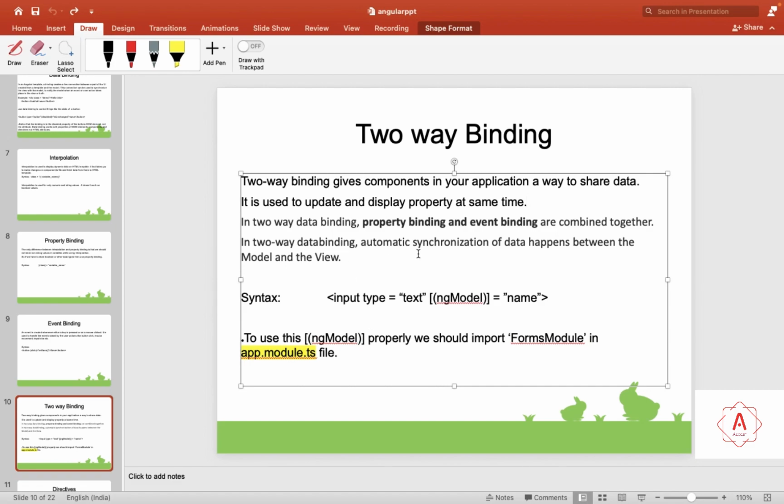In two-way data binding, automatic synchronization of data happens between the model and the view. It means it will go in both directions: one way is the model and the other way is the view. The model is our TypeScript file and the view is our HTML file. So two-way binding synchronizes the data between both the model and the view, and this is the syntax of two-way data binding. You can see here how, with the help of ngModel, we use